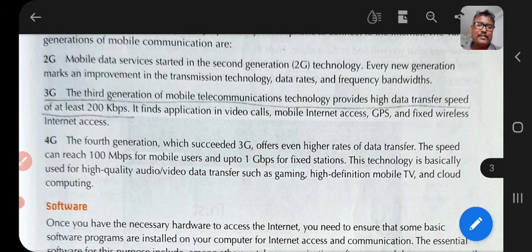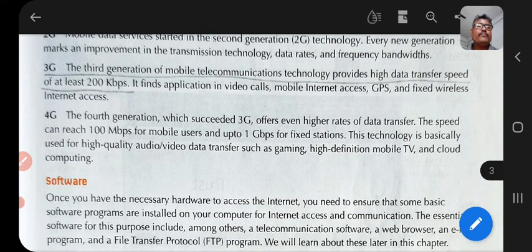It finds application in video call, mobile internet access, GPS and fixed wireless internet access. 4G, the fourth generation which succeeded 3G, offers even higher rates of data transfer. The speed can reach 100 Mbps for mobile users and up to 1 Gbps for fixed stations. This technology is basically used for high quality audio video data transfer such as gaming, high definition mobile TV and